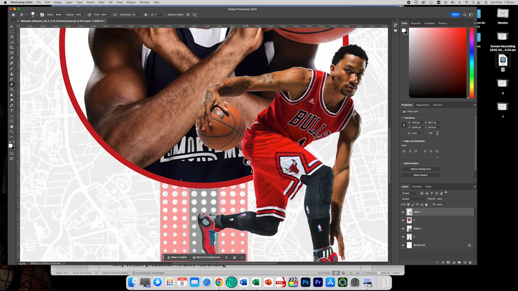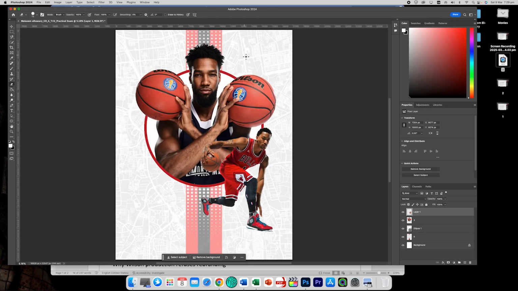There we go. Perfect. So I'm quite happy about this so far. I know there's a little bit of white, but again, it is not visible. So if I press Control 0 on my keyboard,